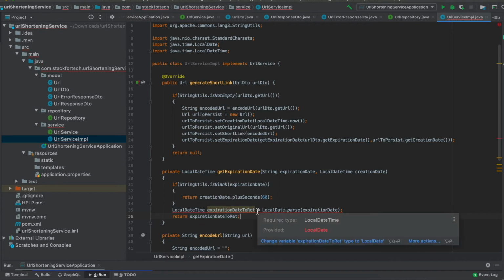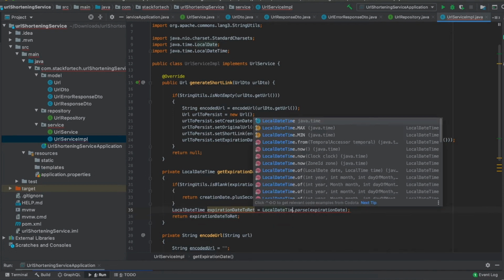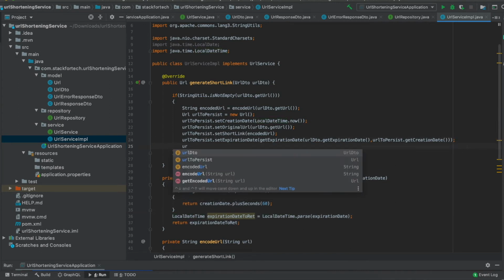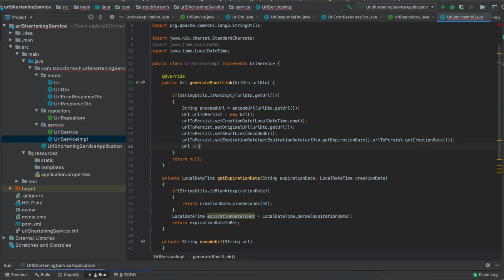Okay, so now we have also created our expiry date for the URLs which are going to be persisted, right? So now we will make use of our persist method to persist our generated short link. So URL to return equals to persist short link, and we will be passing our URL to persist.